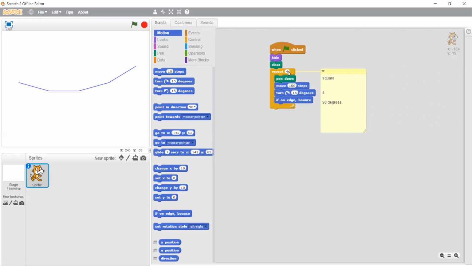Now, instead of this repeat 4 times, I just wanted to repeat it for 10 times. So now you will get a square shape and all that. Okay. Yeah. Now here, even that also after that, we should change it to 90 degrees, then you'll get it. Yeah, now it's fine, right? Now see here, we got a perfect thing that is a square.